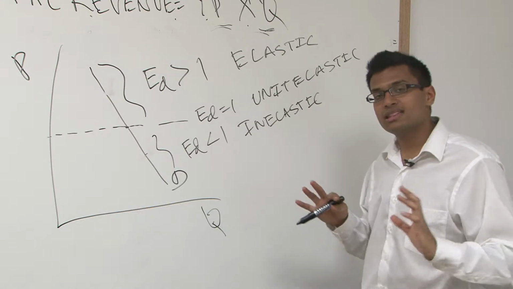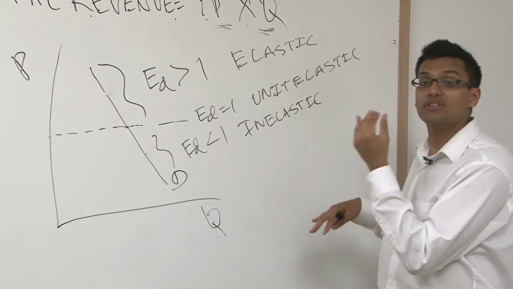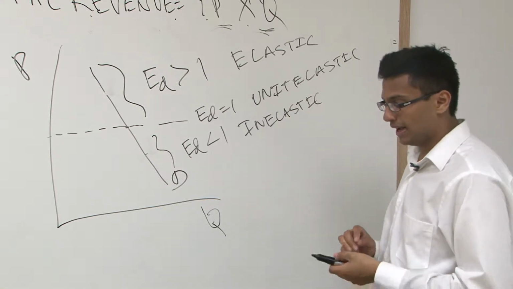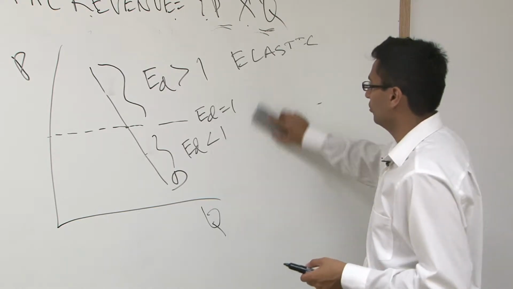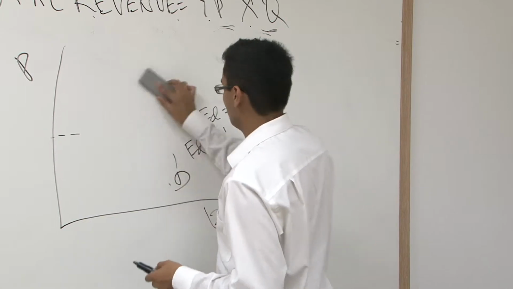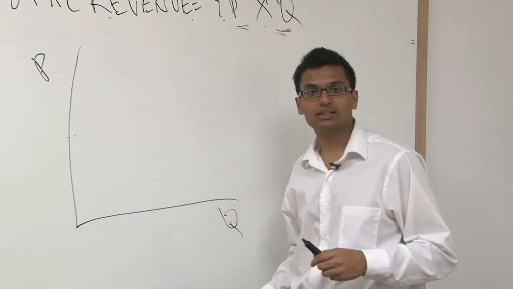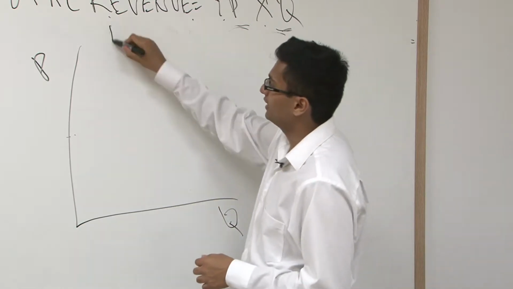But understand that this is how the region is split in terms of the different elasticities and how they tend to work. Okay? Now, what does it mean when something is inelastic or elastic in a graph? Okay? So let me show you something that is perfectly elastic. Okay? What does it mean that it's perfectly elastic? If it's perfectly elastic,